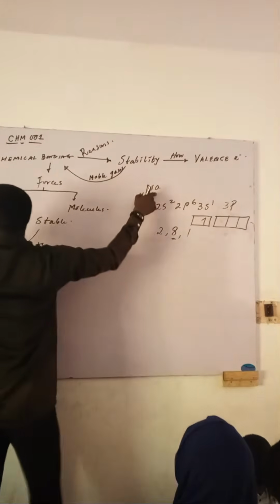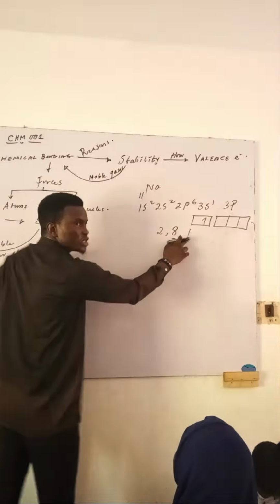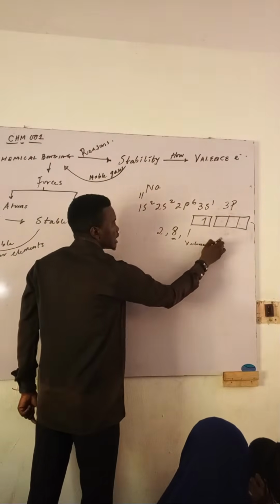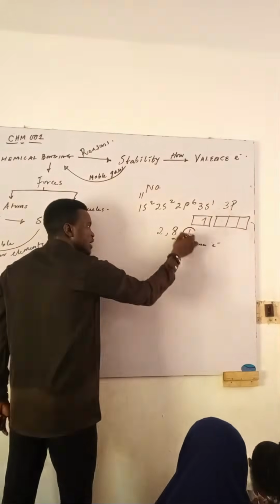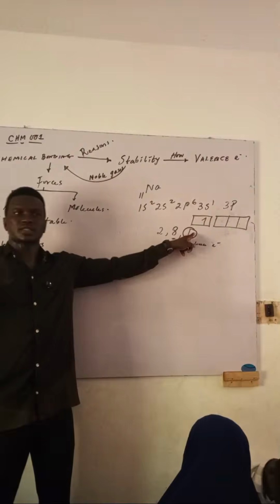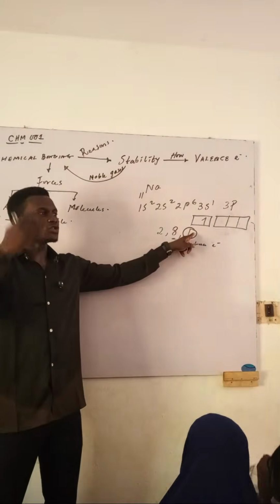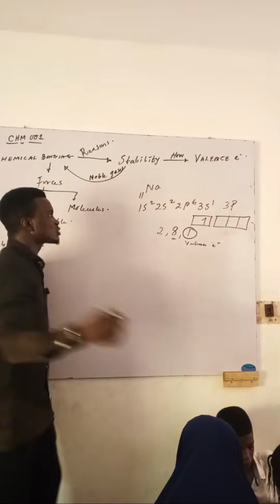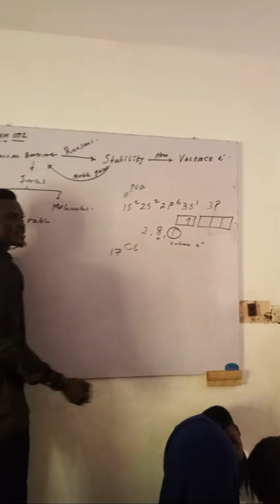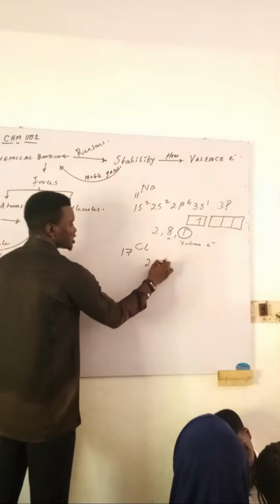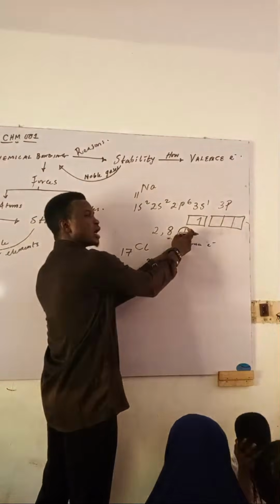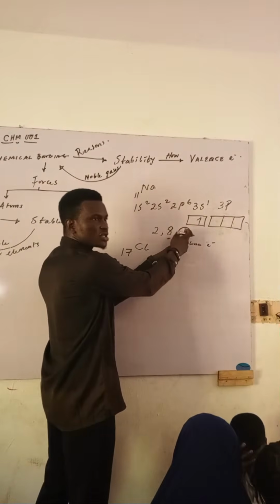Then what do I do? I have to find a way to get rid of this guy. This guy is known as the valence electron. Abi? So let me find a way to get rid of this guy. And by getting rid of this guy, where will I throw it? It can't just be thrown in the atmosphere. Something must accept it. And that's why this other guy will call me chlorine. Chlorine atomic number is 17. Its own configuration is 2,8,7. For this one that is 2,8,1, it will need 7 to be 8.